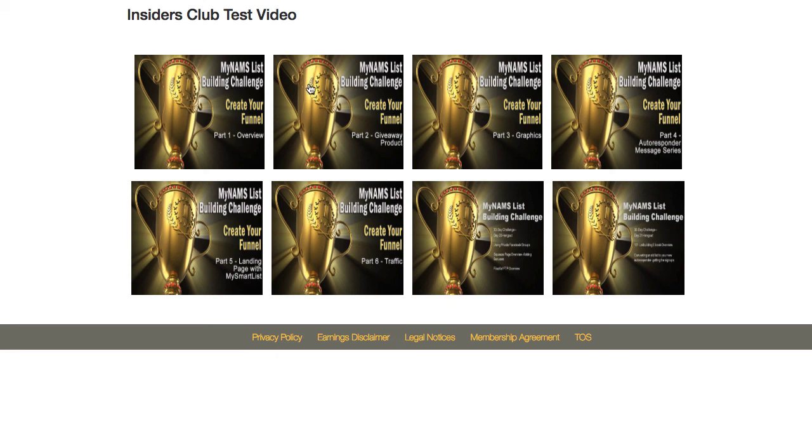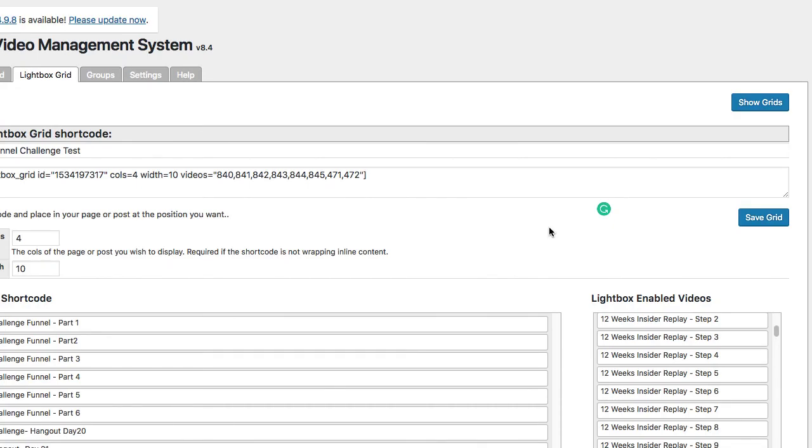And if we went in and changed it to 2 columns, it would be 2 columns wide by 4 deep, and same. Now, we could also add captions to all of these that said this is part 1, part 2, part 3, part 4, or whatever is in the video itself, and the caption would be below the image here. So that would be a really cool thing too. Okay, so now I'm going to come back over here to